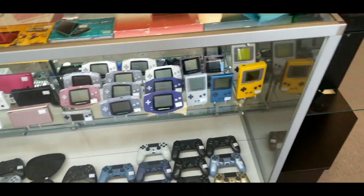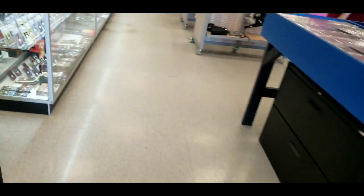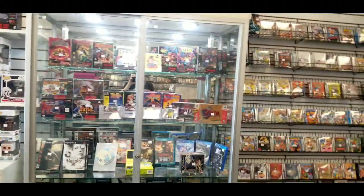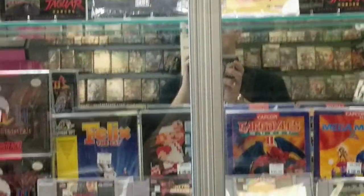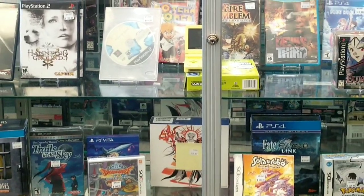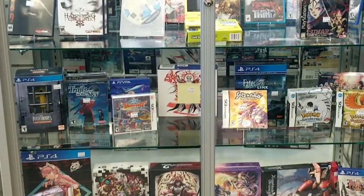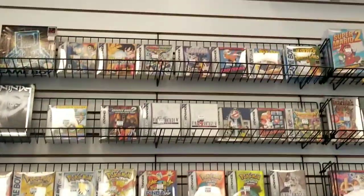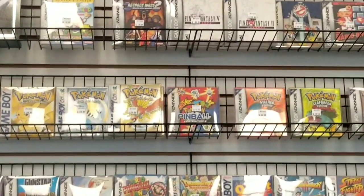Ladies and gentlemen, welcome back to another video, and what are you looking at here? Well, this is the new retro game store that my buddies over at the flea market opened. It's maybe a half an hour away from the flea market, and look at this inventory. I mean, Gargoyles 2, Albert Odyssey, Gotcha Force, Hagane, all the crazy expensive PS2 horror games, boxed Game Boy Advance